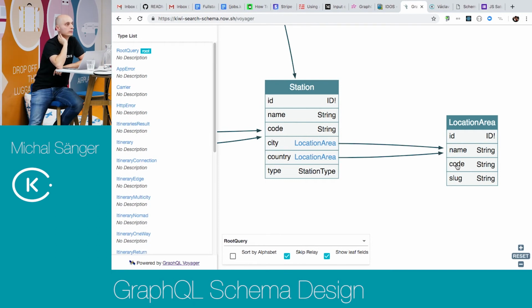Maybe another question also about deprecating fields. What's the best approach to do it in stages? Yeah. The question was how to work with deprecating fields. So